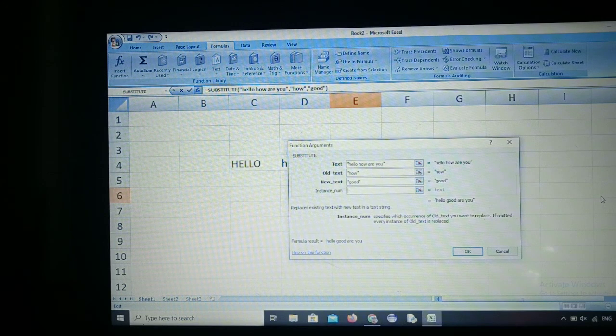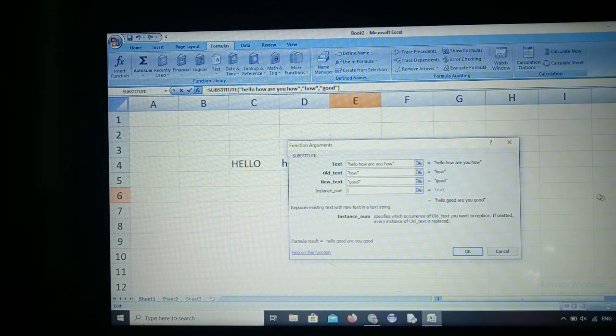And what is instance number? It specifies which occurrence of the old text you want to replace. If omitted, every instance of the old text is replaced. We'll make a small change in the text here: "hello, how are you?" and again you give "how".